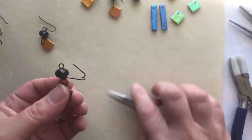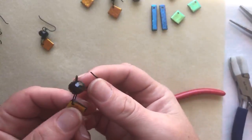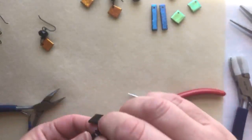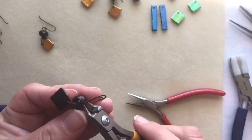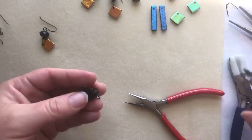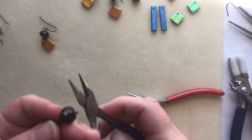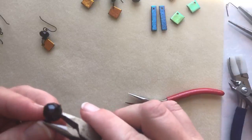And then I'm gonna stop my wire towards the back of my earring, because I don't want to cut it and leave a cut in the front. I want to cut it in the back where it can't really be seen. Cut that piece off, and then using my chain nose pliers, you tuck,